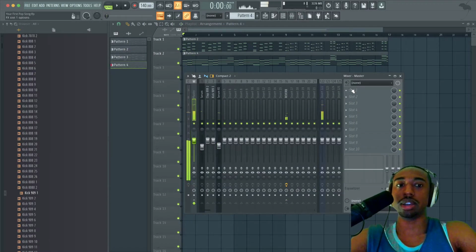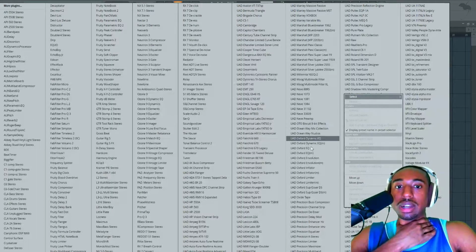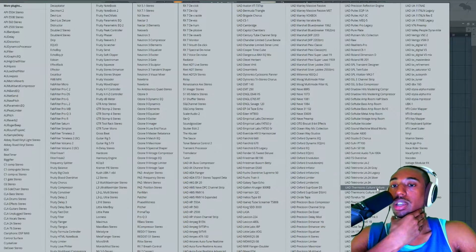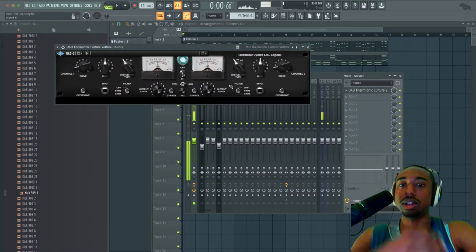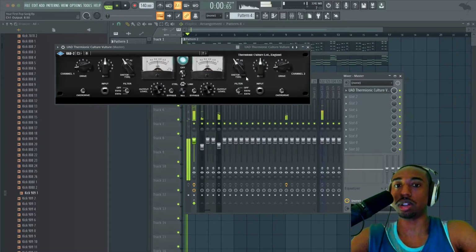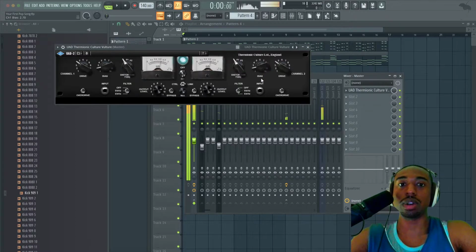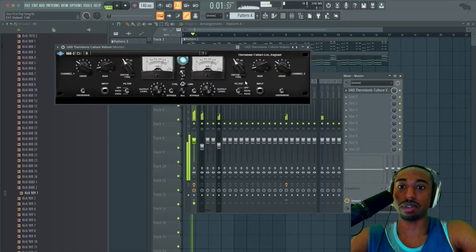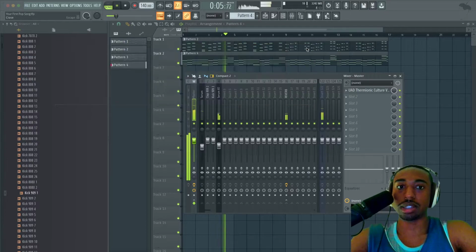So I'll show you guys a trick. I said you're gonna get these project files, but I just wanna show you what it sounds like through this plugin. And then I gotta take it off and put on an FL plugin that's not gonna be the same. I'm just warning you now, it's not gonna be the same. So we're gonna run it through a saturator plugin. My favorite plugin ever. Then I'm gonna add some drums.